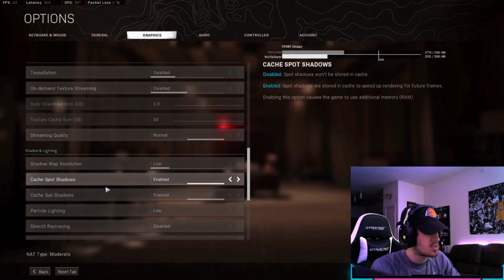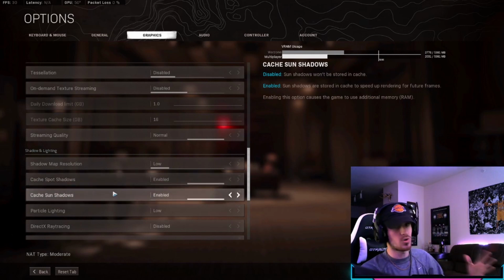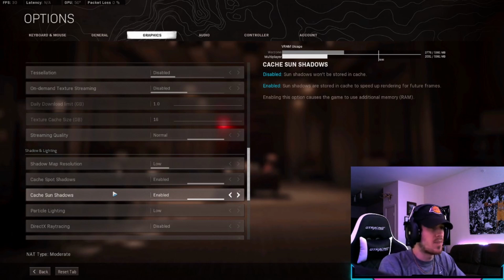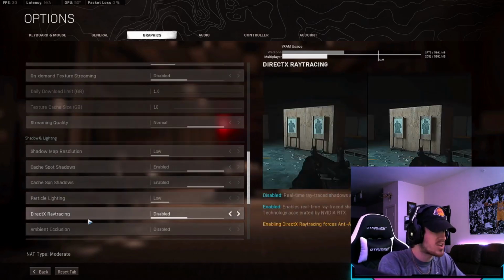Low shadow map resolution. I have my cache shadows enabled. It basically stores in a cache to speed up your future frames, so you get a little more frames technically. I had them disabled all the way up to this season, but I had read a bunch of stuff that the cache spots now increase your frames by quite a bit, so I did turn those on. Particle lighting low, direct ray tracing disabled,